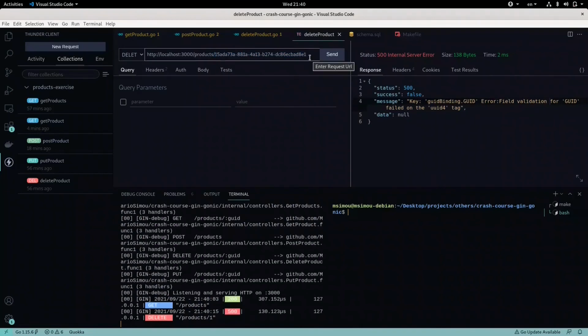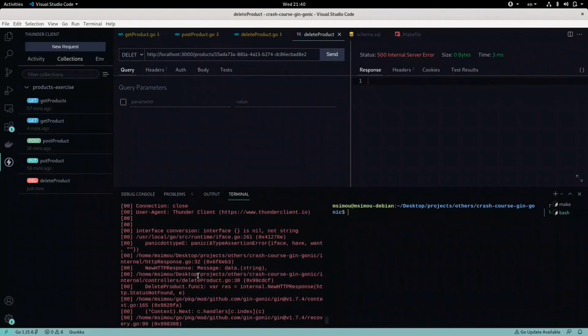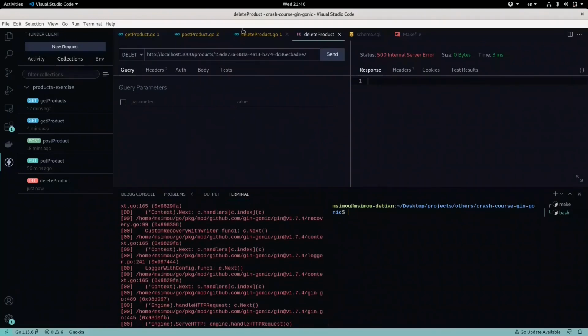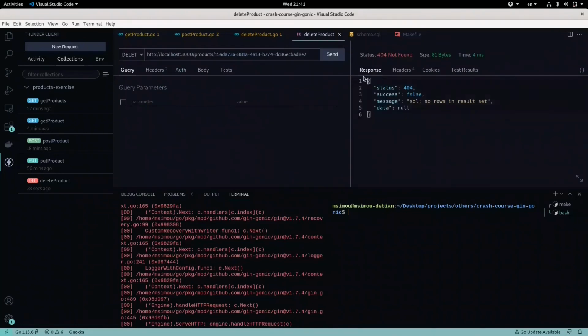So if I paste the actual GUID and update the last value, we get a 500 error, and the reason is again the same thing that we did before. So I will set it to error not rows, so we don't have a variable of errors, so I haven't created it. But it seems that it actually caught the 404 over there. So now we get a valid response, and if I try to delete the product, we get a 204, and